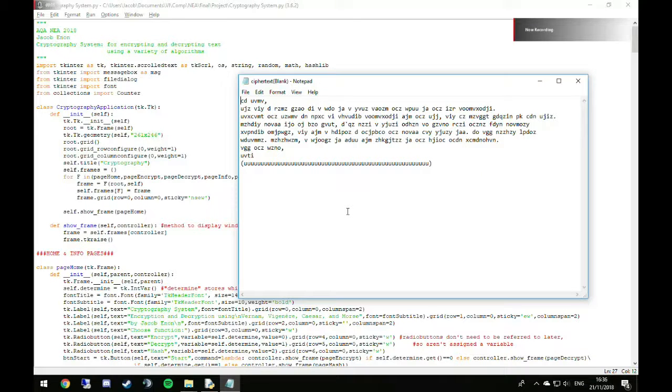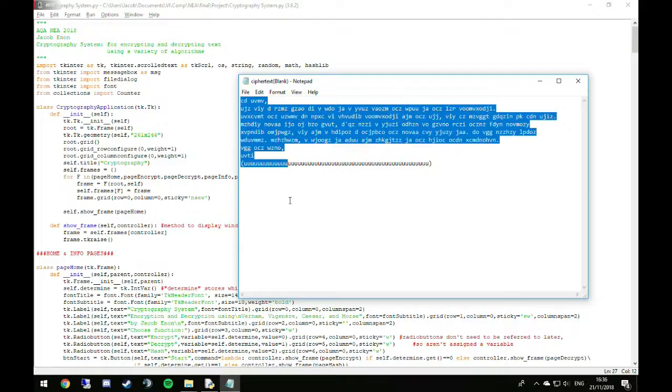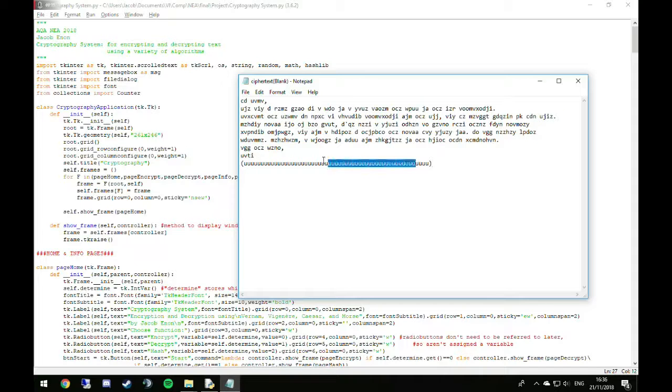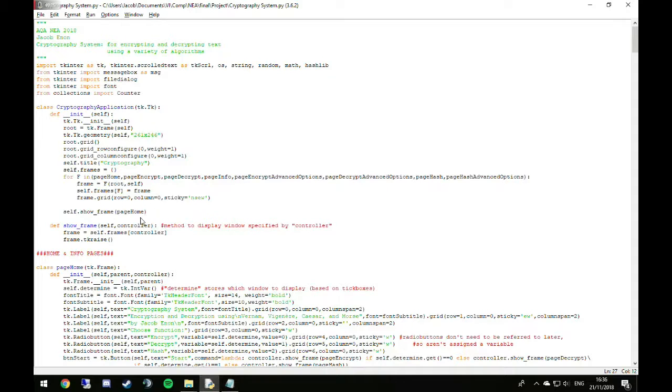Finally, I'll test the Caesar cipher, and I'll also demonstrate some of the additional features. So here I've got another ciphertext. Now you'll notice this at the bottom. So I've designed this ciphertext to not follow the standard English frequencies. So this is designed to throw the algorithm, and so if I run it under normal conditions,